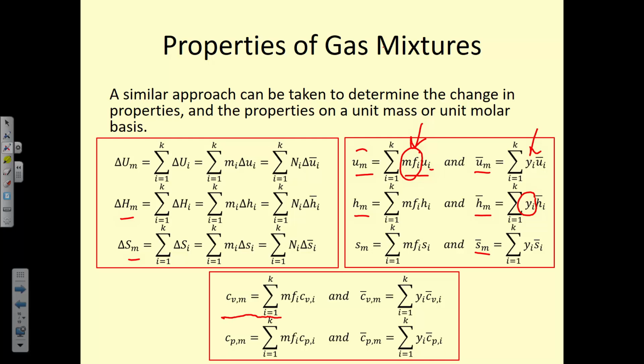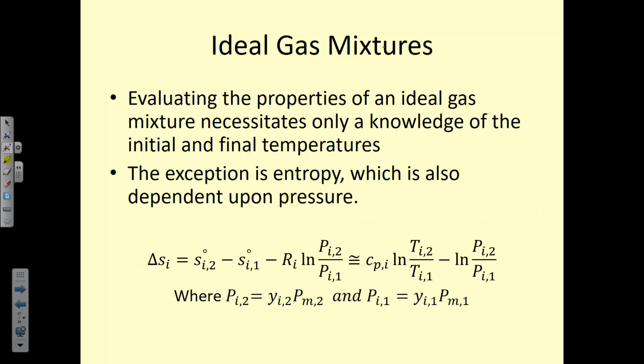and we can even do the same thing when we're considering how to find an average specific heat for this system as well. So we can do it for the specific heat at constant volume and the specific heat at constant pressure, that we can add up the mole fraction multiplied by the individual contributions in order to determine some average specific heat. So it's all kind of the same thing.